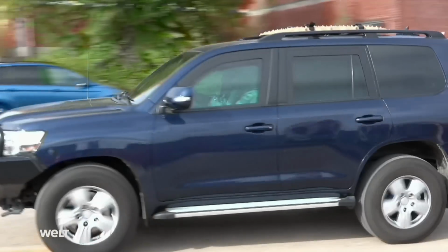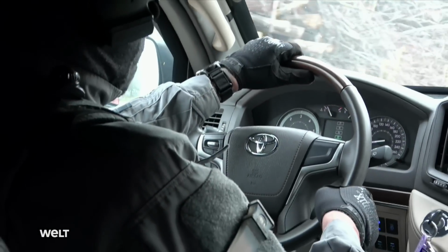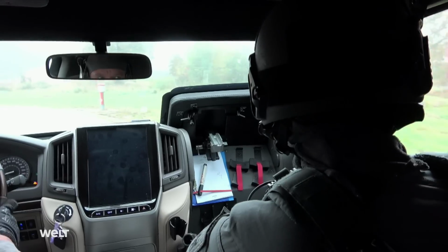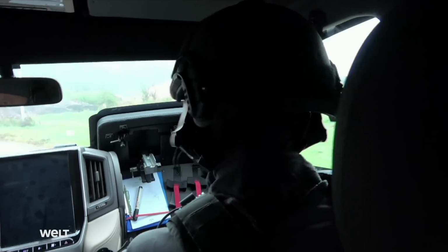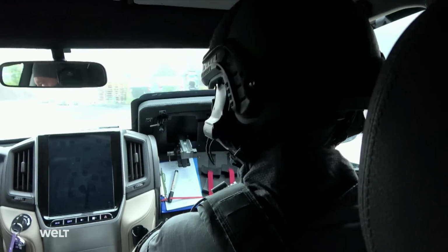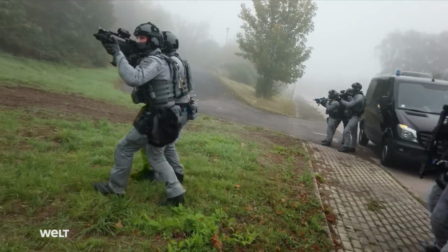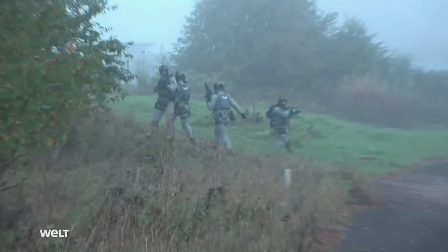2 officers in a special armored vehicle get a clearer picture of the area. The vehicle captured a view of the target object, a 3-story brick building with an extension. Access options on the sides are visible from both 3 and 6 o'clock. No contact person identified. The BFE Plus was set up as a robust support unit for the GSG-9 in 2015